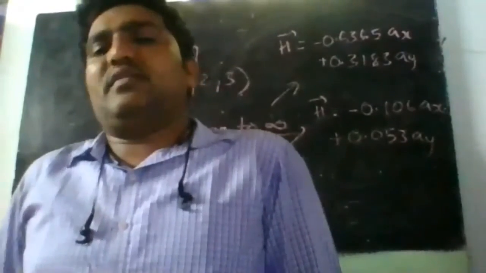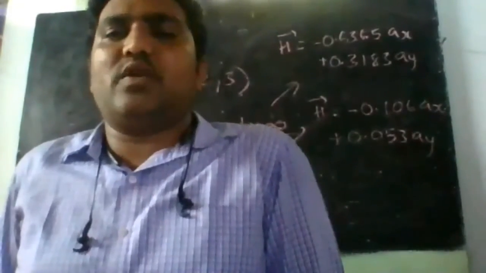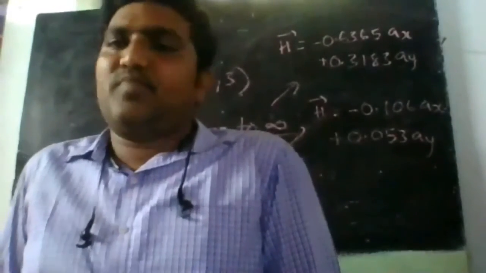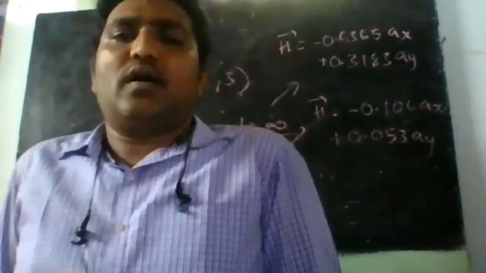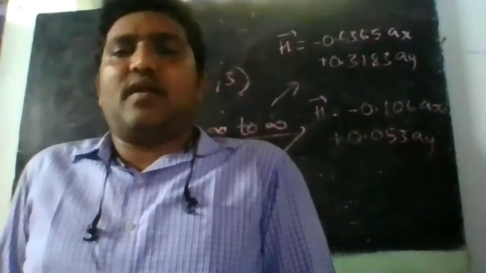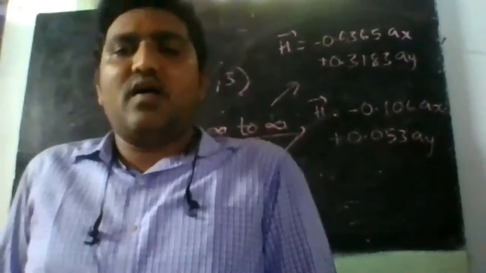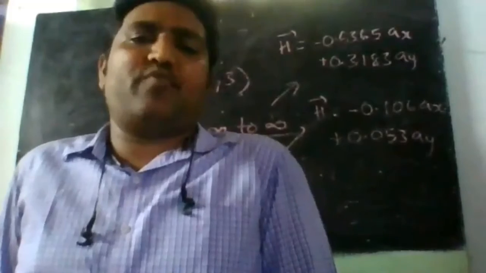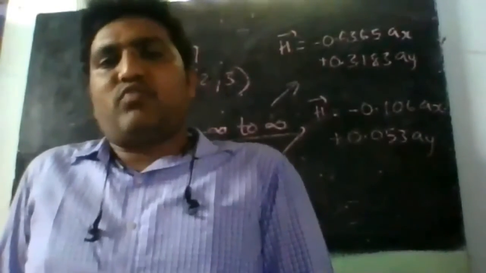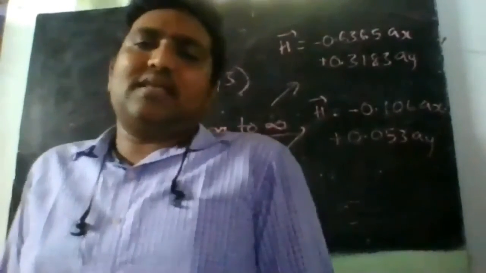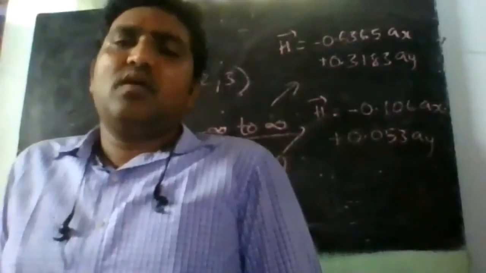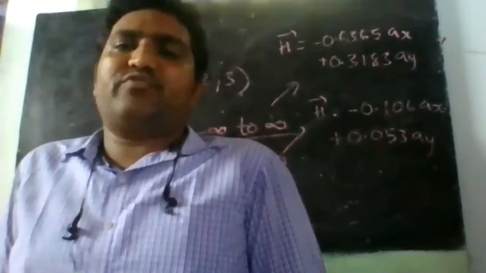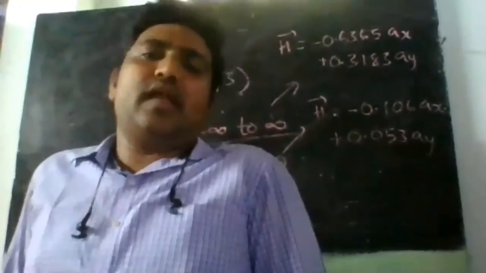If we just modify this, we will get H bar is equal to integral of I dl bar cross aR bar by 4 pi r square. So this is the mathematical form of Biot-Savart's law, which we can use to find out the H bar due to any type of conductor at any point. We have taken two examples. One is a line conductor, one of infinite length, other of finite length. In those two cases, we have solved what is the H bar due to the line conductors.